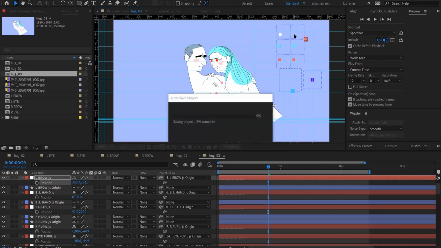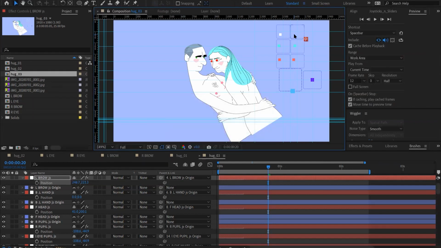Render for me, maybe. But yeah, you can kind of see from moving these changes around. I think I just might need to update the linking of some of the elements here, but